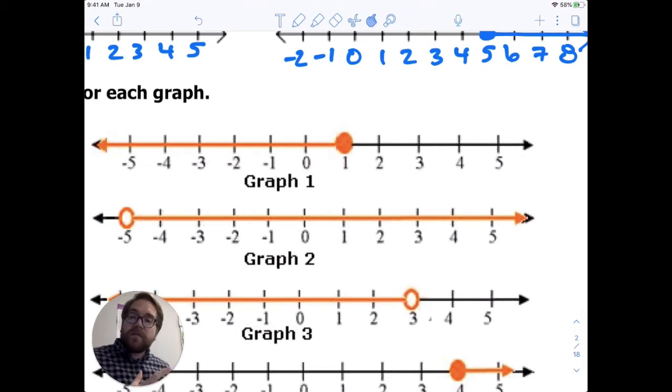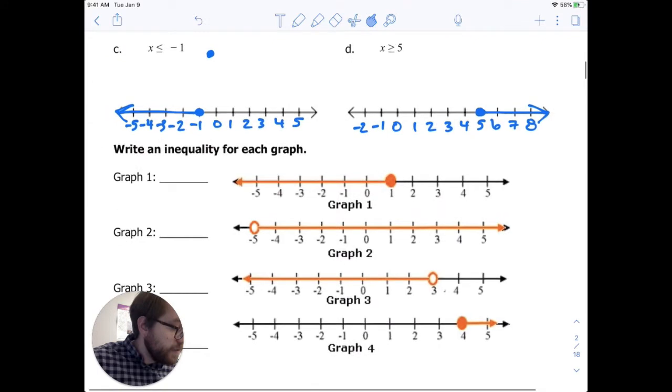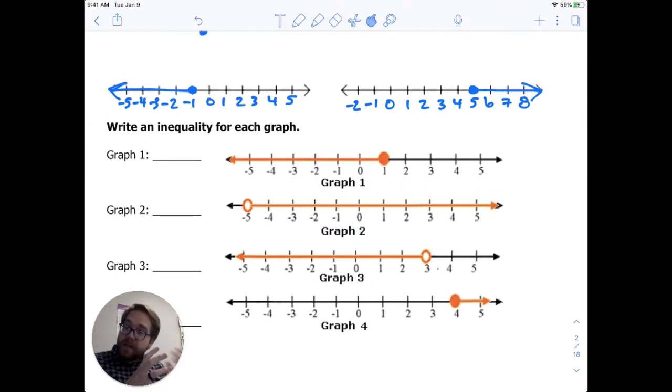So remember, we're looking for what the circle is. So what's going on here, where that initial circle is, if it's filled in or if it's open, and then where our arrow is going. Now, as we're writing this inequality, remember, inequality is talking about that there's some group of